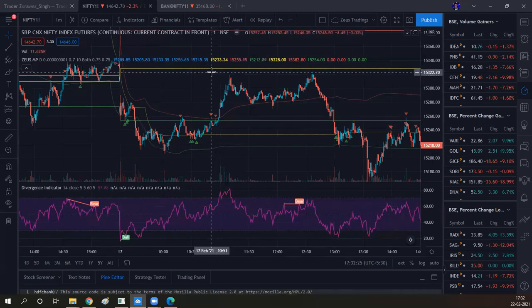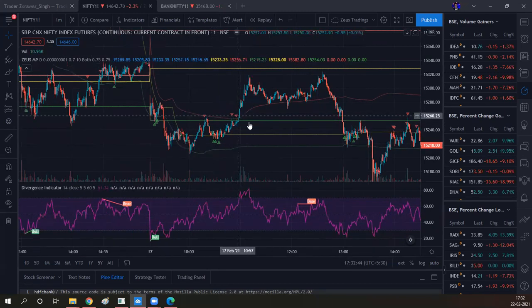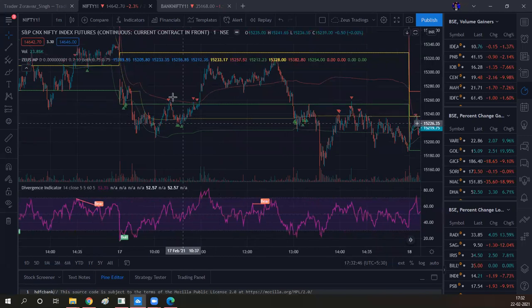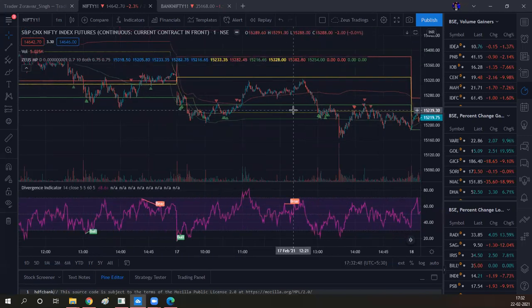Also, please notice how this level has acted like a resistance once. It's not going to act like a resistance numerous times. So that's why I did not give the short trade on the group. I didn't give this one because I knew it has taken resistance again. It took support on a higher level and is taking resistance at the same level multiple times, and people are pushing it up. So it's just not worthy of taking the trade. So I finished this at the day and I will let it go out there.